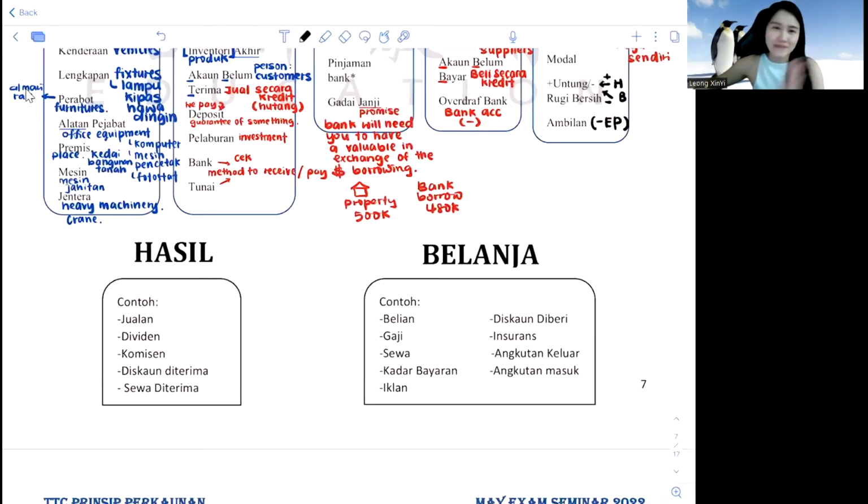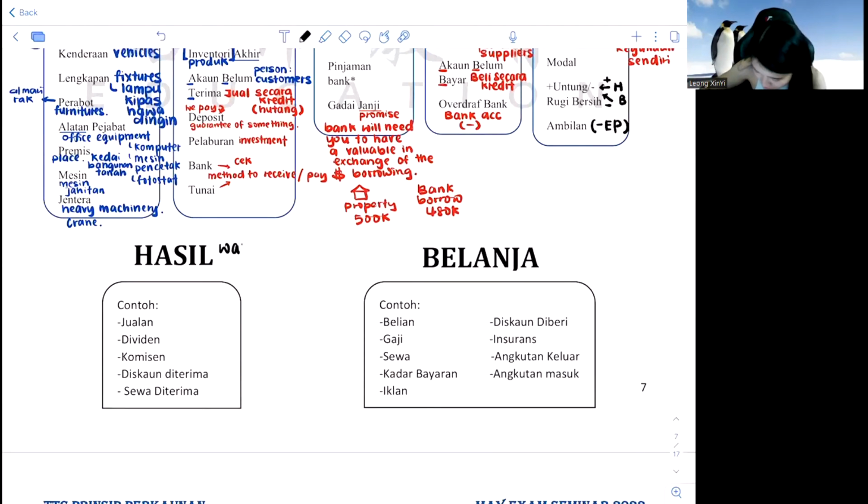So for our hasil and belanja. Hasil, you just look for the words wang diterima daripada certain thing. While belanja, you look for membayar, the term at the back. Now to make sure you don't take the wrong thing as your hasil, whenever they say wang diterima daripada,